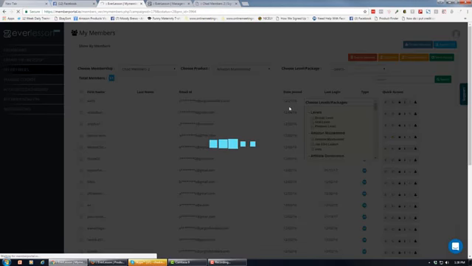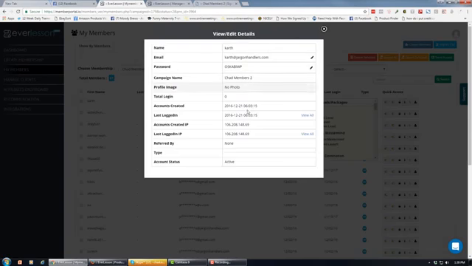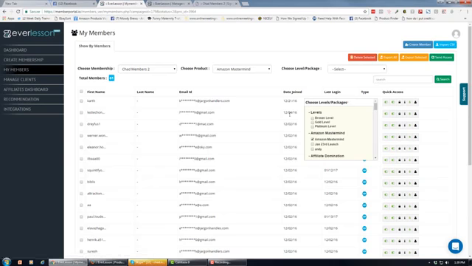Over here, we have all the information, so you guys are able to see the last time they logged in. Okay, so you guys are able to see the name, the email, their password. This is where you can go and change everything. You can see the last time they logged in, all the IPs they've logged in from, everything is here. So when you guys start getting disputes and they say, I never logged in, I never got access to the software, you're able to very easily win those disputes, okay? You can come over here if you want to take them out of the